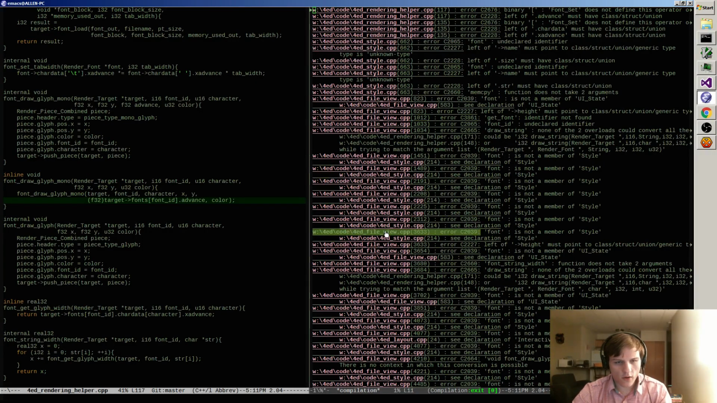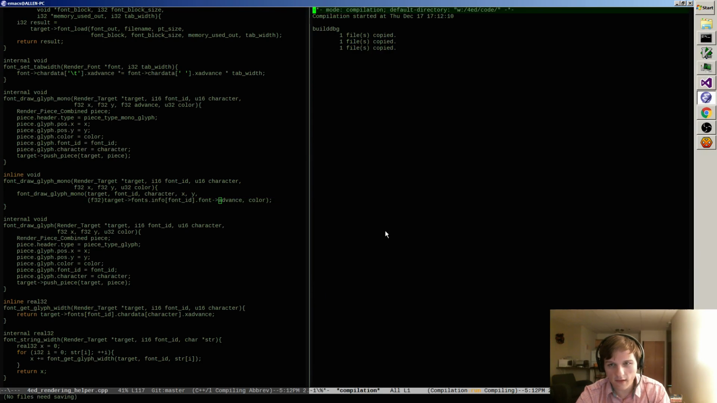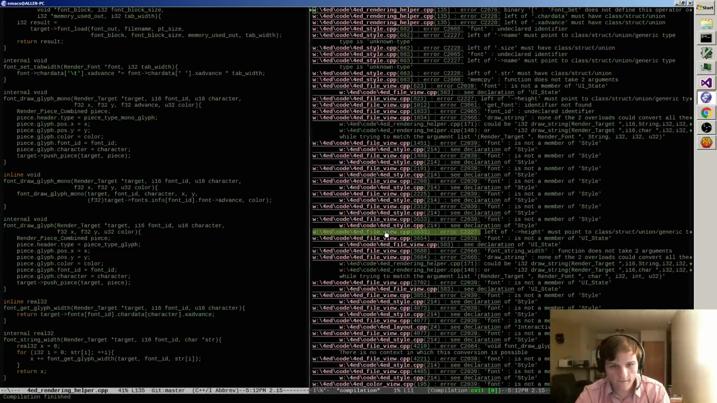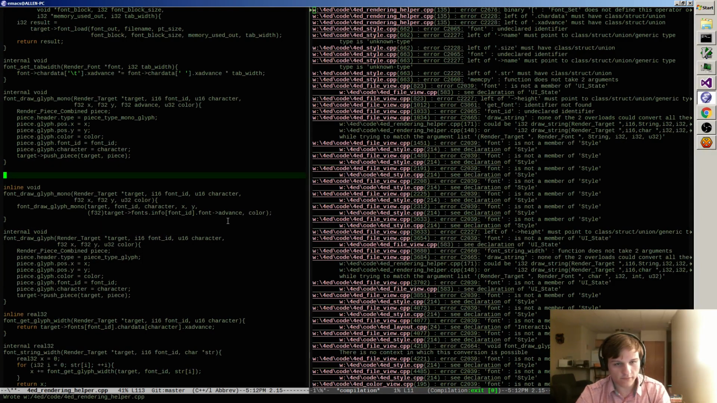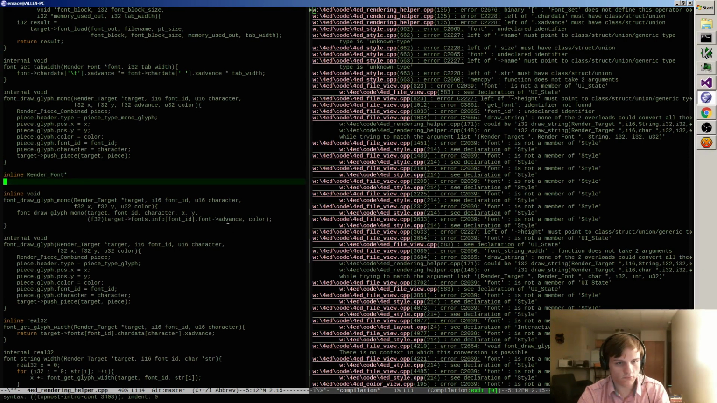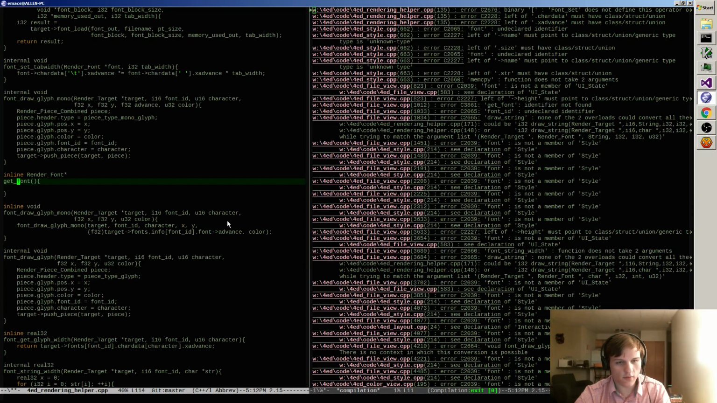Right. Now everywhere that I did that, that's wrong again. It's actually fonts info dot font arrow. It's like totally nuts, right? That's what it's going to take to get this correct. Yeah. So that warrants a get font function, I think. I think I already have a get font somewhere, maybe, but